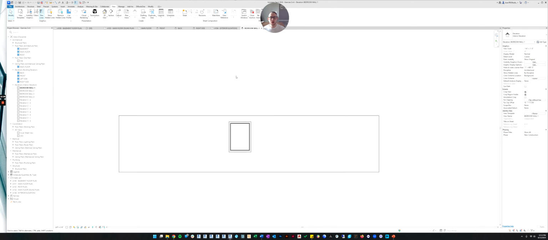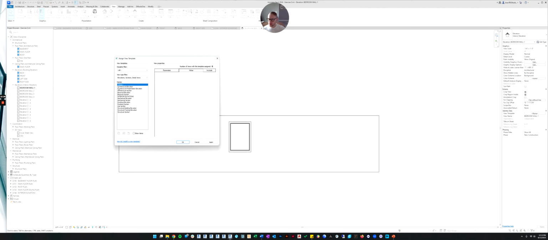All right, so let me show you how that works on the next view. Oh, before we go, we now need to apply this view template to this view. So again, if there's nothing selected, you go over to the view properties. And if you look over here under identity data, there's a parameter or a setting called view template. Right now it says none. If you click that, you can look at the list of view templates. And the main project template that we've been using, the default template, you can see it already has view templates listed here.